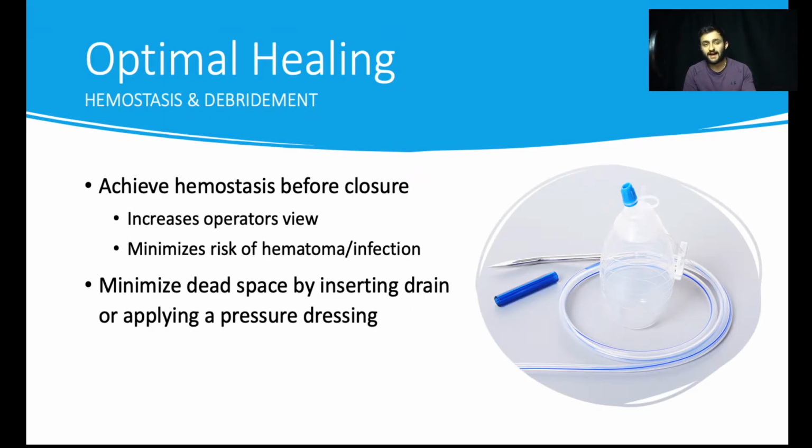So of course, the next piece of that would be hemostasis and debridement. So when we think about debridement, or I guess hemostasis first, we need to make sure we achieve hemostasis before closure. Now, hemostasis is important for two reasons. The first reason is because it increases the operator's view, it allows them to see more, but it also minimizes the risk of hematoma and infection. Now, there is a middle ground here as well, because blood and its nutrients are ideal for bacterial growth. So if you have too little hemostasis, you're going to increase the risk of infection and necrosis of the overlying flap. But if you have too much hemostasis, then you can reduce the blood supply to the healing area, thus